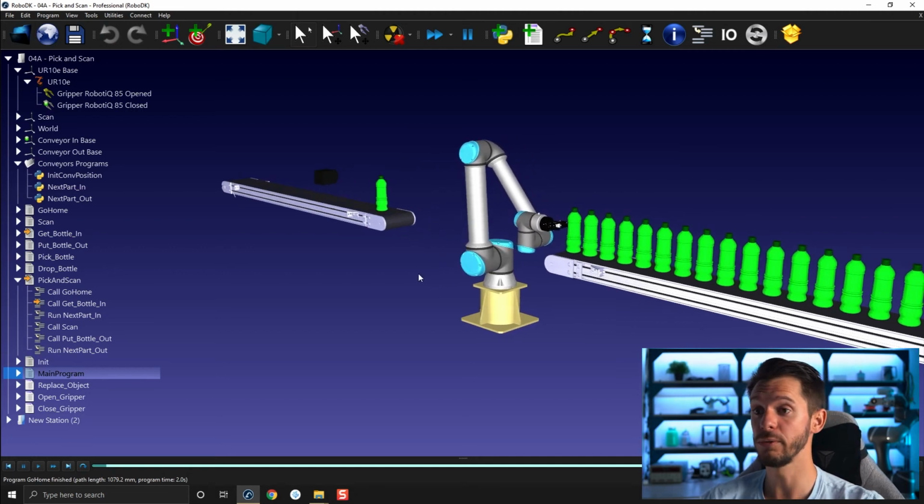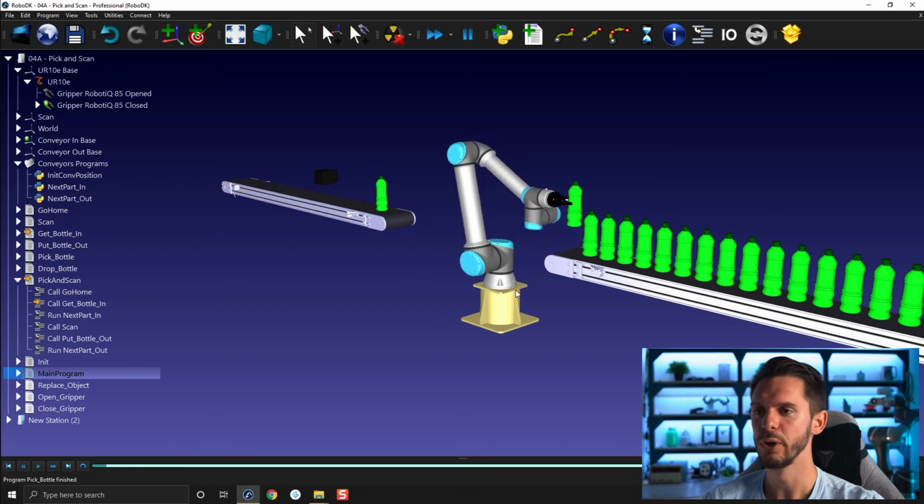So that's pretty much everything for this video. I hope you find it helpful. I'm using this method all the time for conveyors, for part feeding, if I have more than one robot. We'll have a specific video on how to have multiple robots working in the same station and how to synchronize them. This is part of module 5, if I'm not mistaken. But here, like I said, I'm using it for conveyor, for part feeding, for light. We'll show you some very cool stuff later.